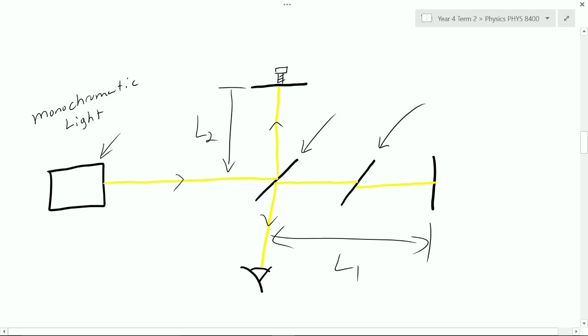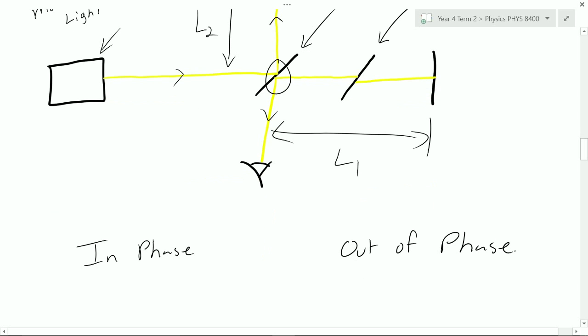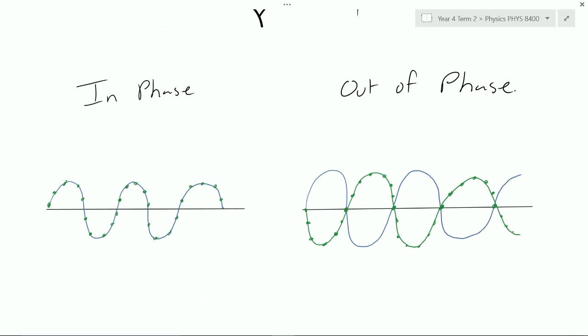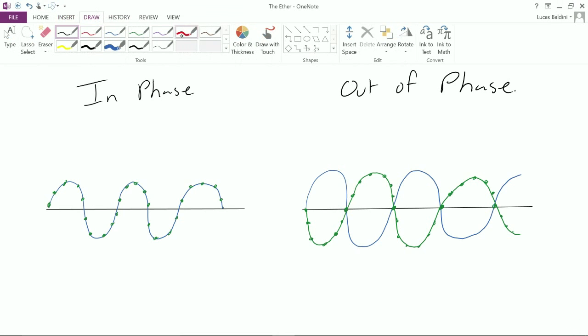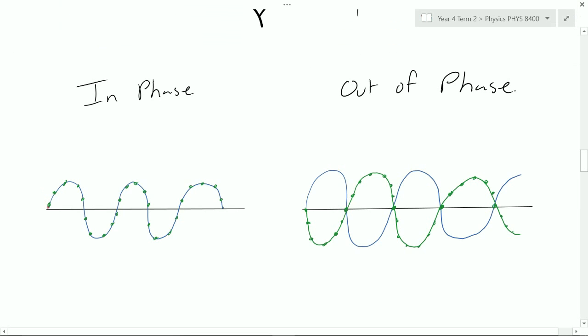And then, once the detector reads it, it displays what are called interference patterns. Now, when these two waves meet back at the center, they can be in phase or out of phase. An in-phase situation is when the two waves are perfectly synced up and end up creating constructive interference. Constructive interference is when the waves actually add each other's amplitudes together, creating a situation like this.